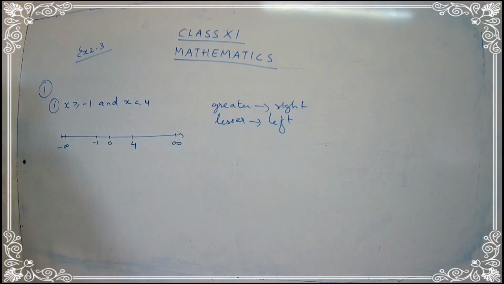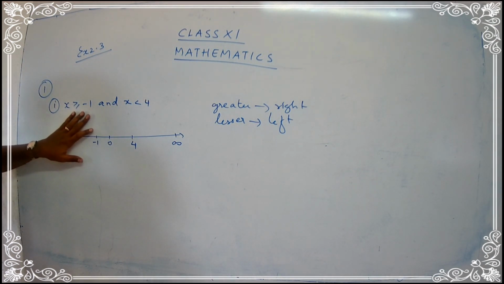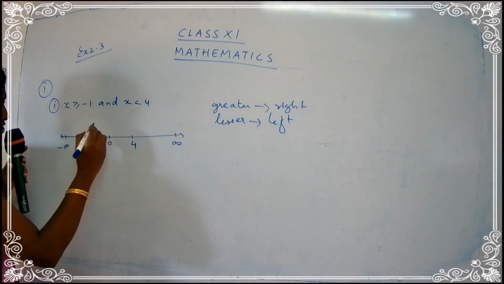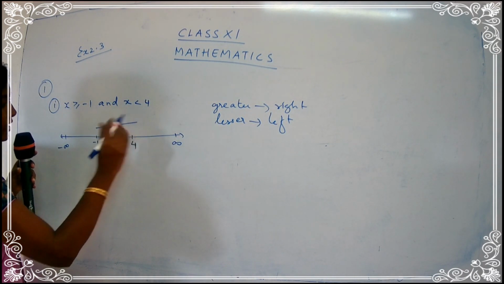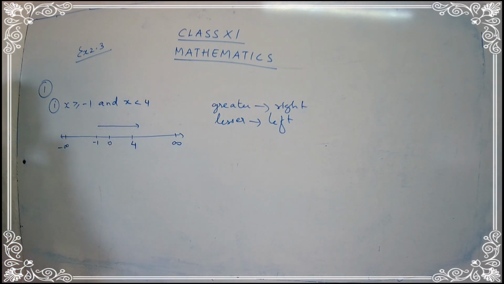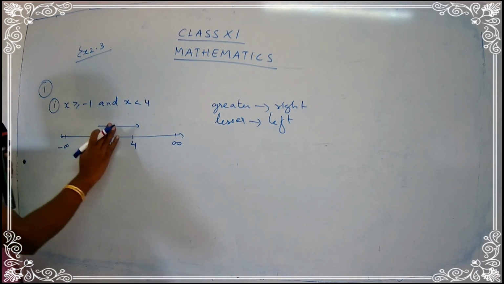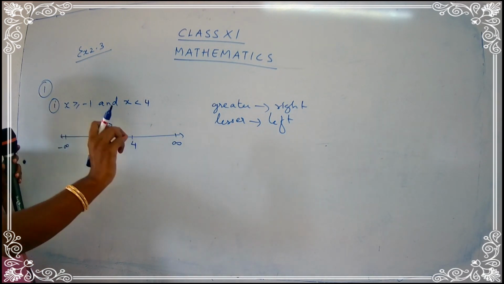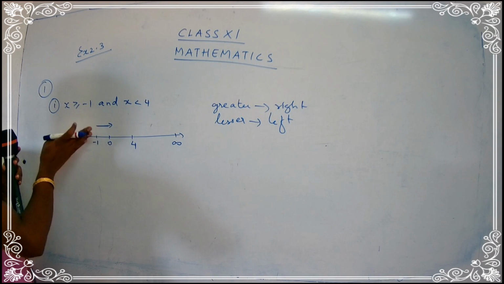Okay, now here, let's come for the first part. X is greater than or equal to minus 1. Greater than, that means where are you going to move? Where is the direction going to be? Yes, you are going to follow a right direction. Good. That means you have to travel this side. Okay, children? So this is somewhere here. Now, just tell me, children, are we going to include minus 1? Are we going to consider minus 1? You can just put a small arrow. Don't go on writing a big arrow. We are just mentioning the direction in which it is moving. So it is moving to the right side.